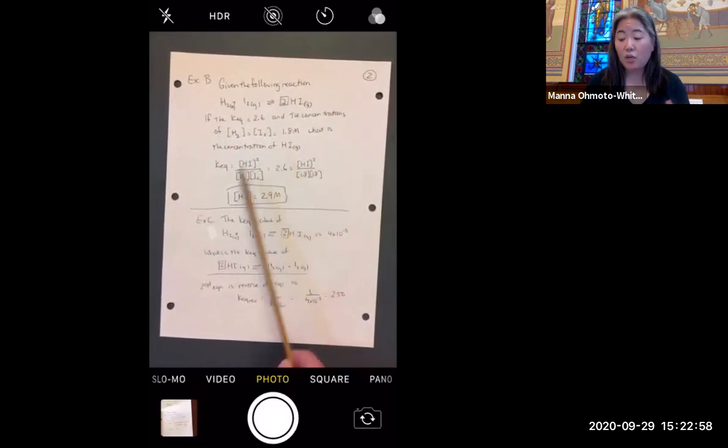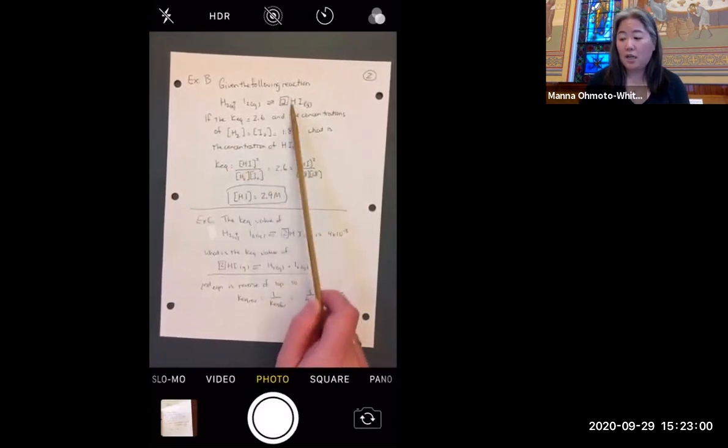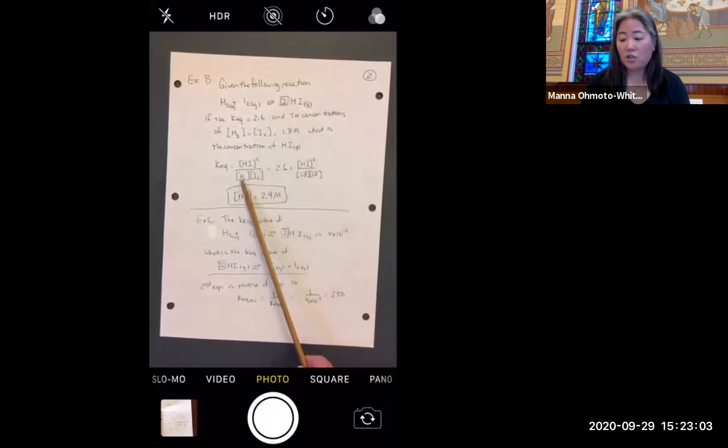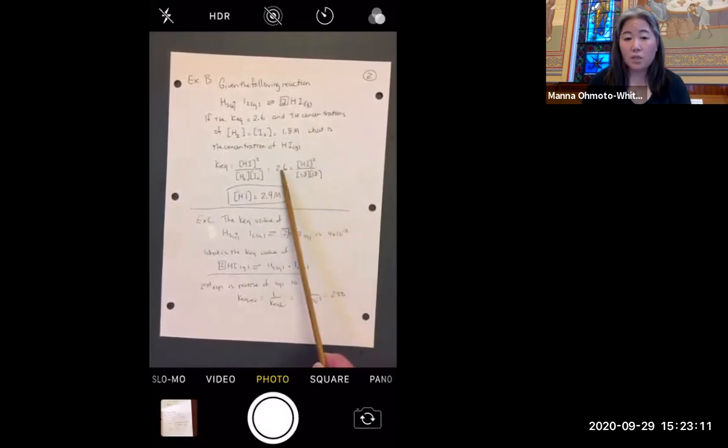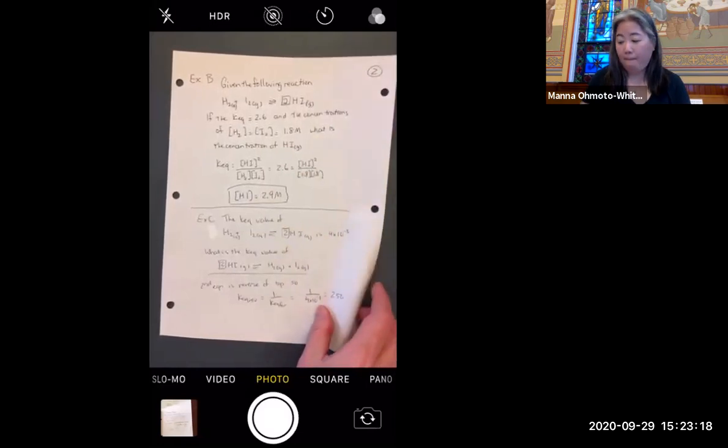So again, I start out with my KEQ expression, HI squared over H2 times I2. These are both in molarity units, so I can just plug them in. KEQ is equal to 2.6, so all I'm doing is solving for HI, and my HI ends up being 2.9 molar. And the final one,